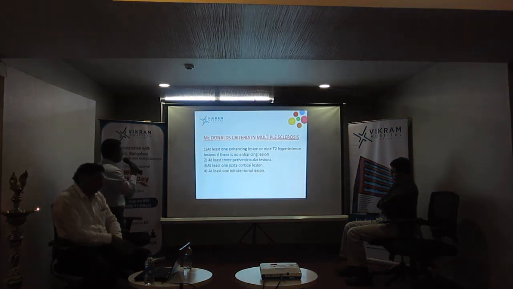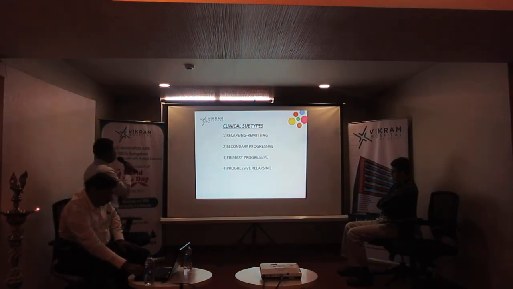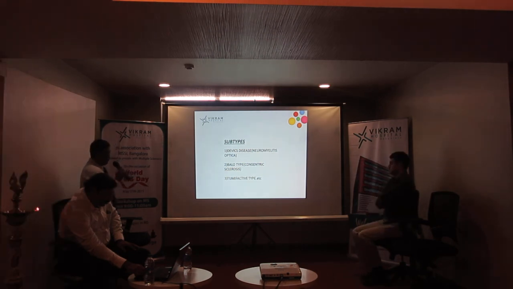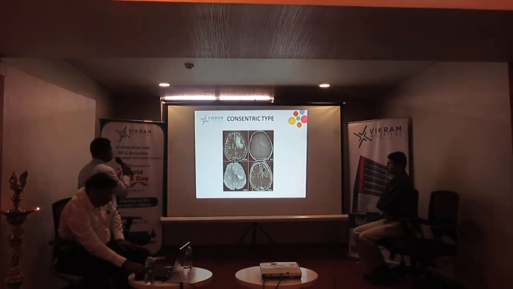And these are some criteria which are there. I don't think they are much necessary. This thing which Jaychandra has already explained. These are the subtypes. Neuromyelitis optica which I told. This is concentric sclerosis, where it will be helpful for neurologists as a severe type for treatment. These two types. And this is the severe type, concentric type, where there is alternating demyelination and remyelination, where there is alternate enhancement. And this type of pattern, if we image on MRI, it's not routine multiple sclerosis, it's a little bit severe type, so it will be helpful for neurologists to give the treatment.